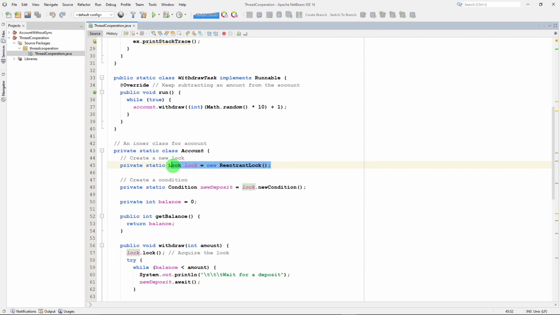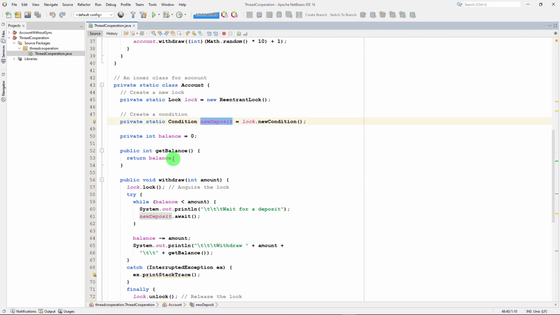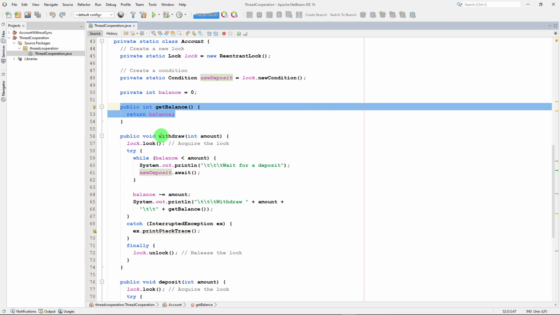All right, so we create our lock, we create our condition that is basically checking to see if there's new deposits. Okay. Our balance is 0, we have our get balance. That's nothing new to this class. Okay, so the withdraw method